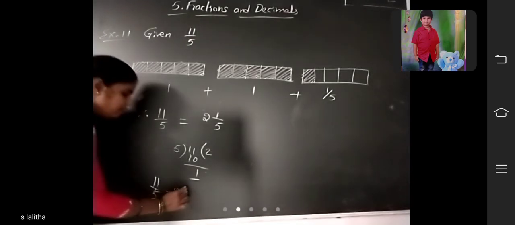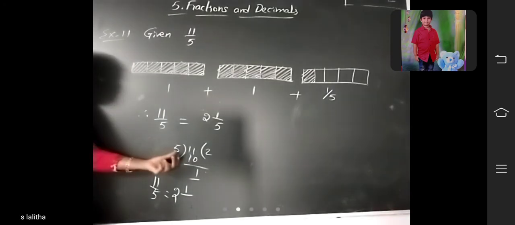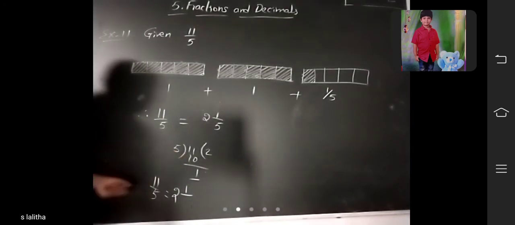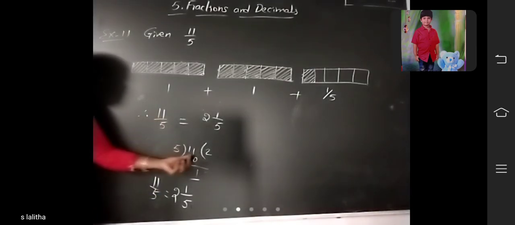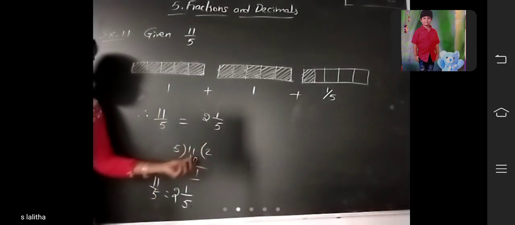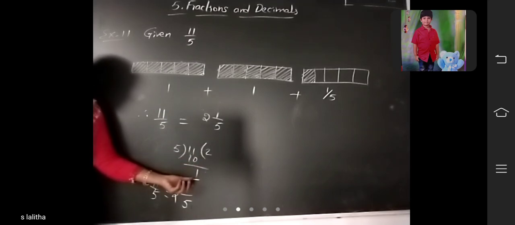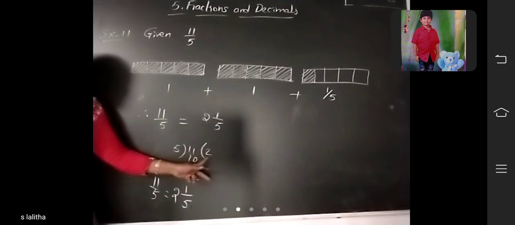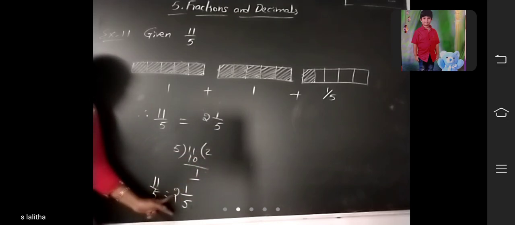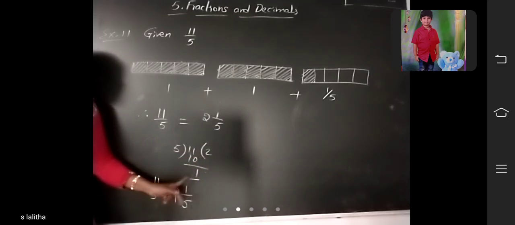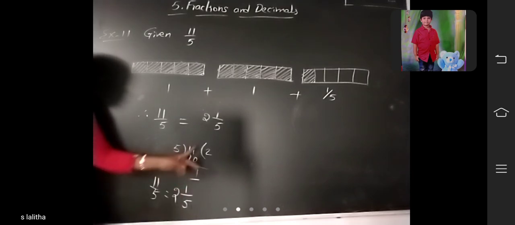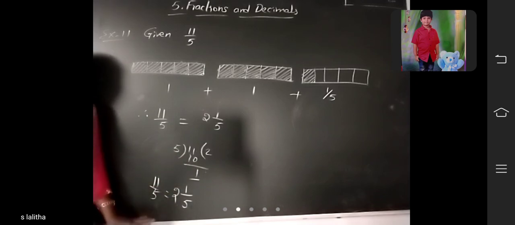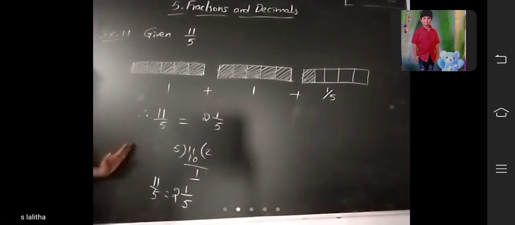Write 2. And what is the remainder? 1. So the remainder 1 can be written as the numerator. And what is the divisor? 5. You can write it as the denominator. Did you understand? How can you divide this? 11 here and 5 here. 5 2s are 10. 11 minus 10, 1 is the remainder. So 2 is the quotient. First write the quotient as a whole number, the remainder as the numerator, and the divisor as the denominator. So 2 1 by 5. Did you understand? This is pictorially and this is normal division. Did you understand now? How can you convert improper